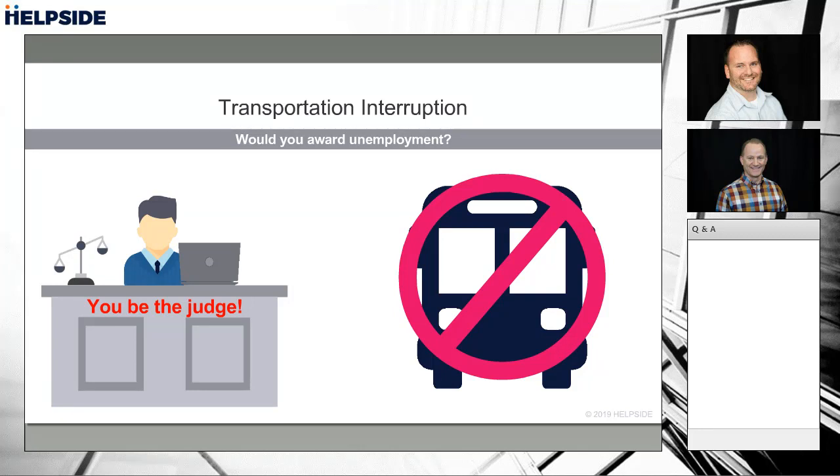Because again, it goes back to no fault of your own. So who's responsible in this case? Because the client moved and made it a little bit harder on the employees to get there. Like Daryl said, they may not be able to. They don't have a car that can go that far, can't afford gas, whatever it may be. It's the employer's fault at that point. So yes, there's a very good and real chance that the employees that resigned due to those transportation issues will be given unemployment benefits. Right.